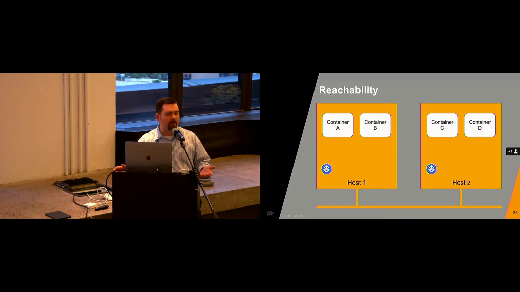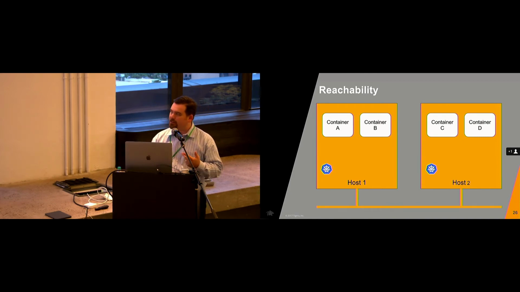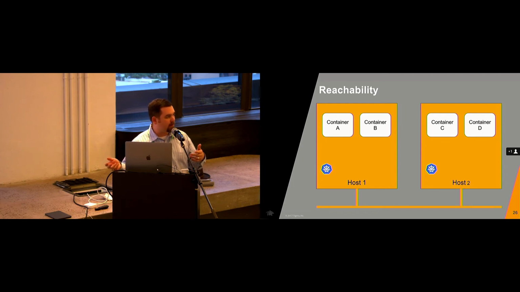So there's a couple things we have to know about here. Number one, container A probably doesn't need to be making decisions on how to get the packet to container C. That's going to be up to host 1 and host 2 to figure out. Another thing we want to consider is, before Calico came along, there were some other frameworks, and we don't want to have special cases, right? We don't want it to be a special case if container A is talking to container B because they're on the same host versus container A talking to container C on another host. We want everything to be homogeneous in the way that we evaluate both reachability and policy, because we want things to be able to move and shift around in this dynamic framework.